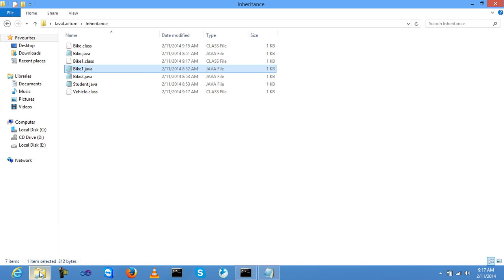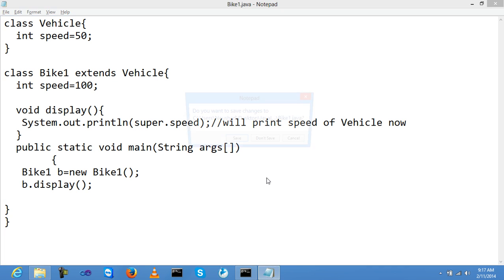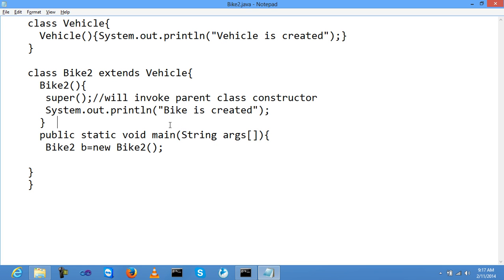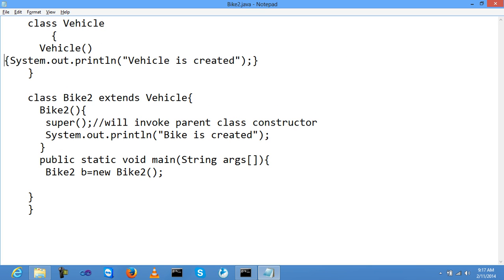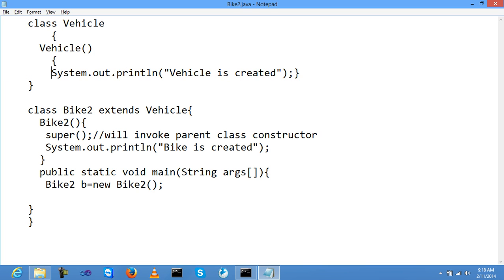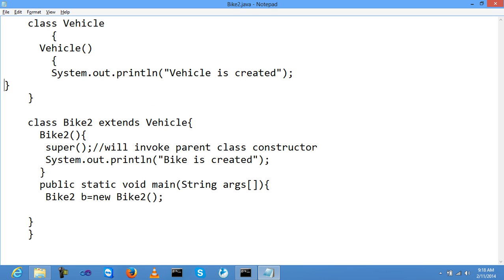Okay, my second example is how to call a parent class constructor inside the child class. This is one basic example. Class Vehicle, and inside it declare a constructor Vehicle with one message, vehicle is created, and the class is closed.